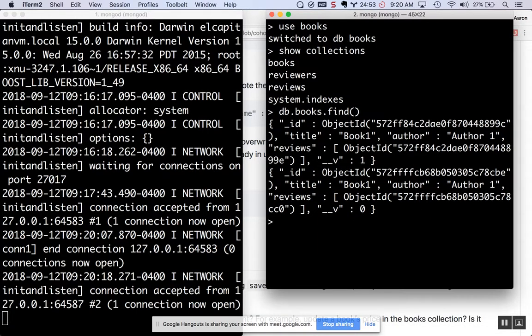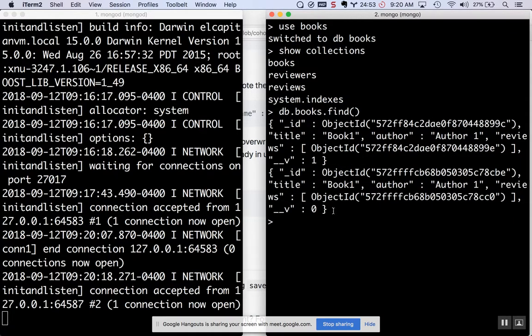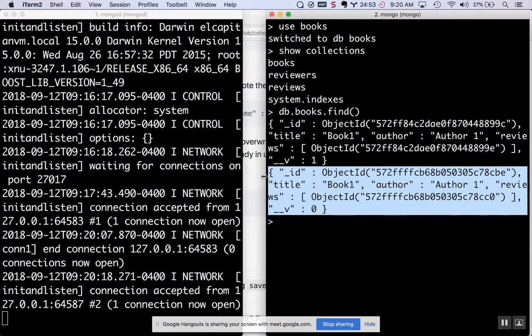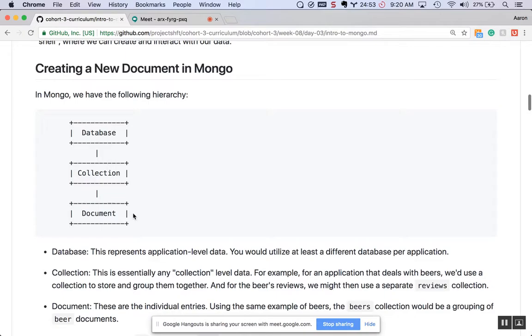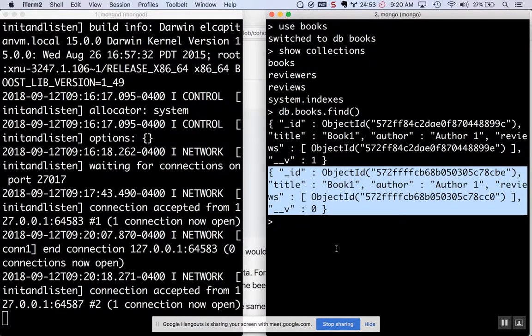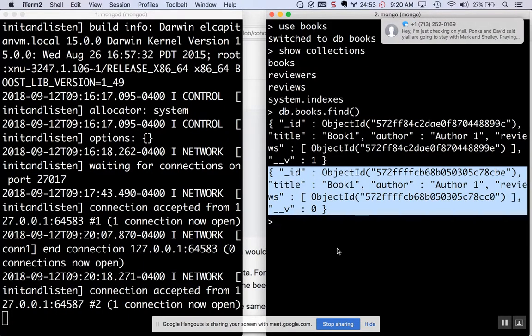So you'll notice that the actual data that I get back, these are going to be representative of documents. So we're now in that third level of the hierarchy, looking at individual documents. And documents are essentially just,